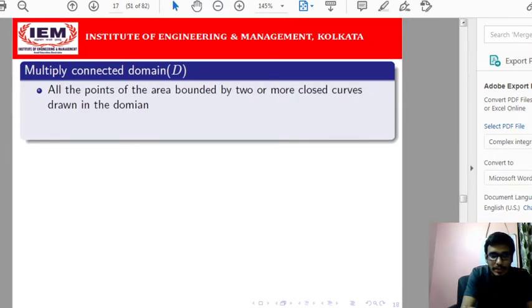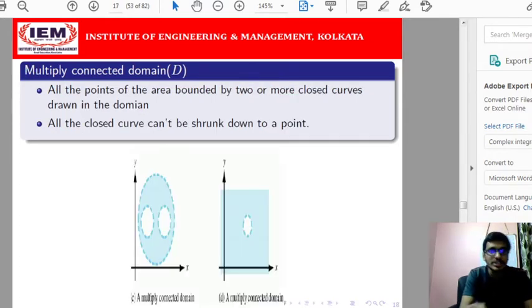And what is a multiply connected domain? It is a domain that is not simply connected. That means there is more than one hole inside that region, say two holes in that domain. This is a closed curve by virtue of which it is covered, but it cannot be strung to a particular point, because if I consider any two ends and want to make them coincide, that is restricted by these two holes. So it cannot be strung to a particular point.